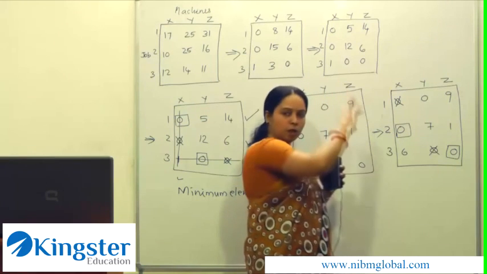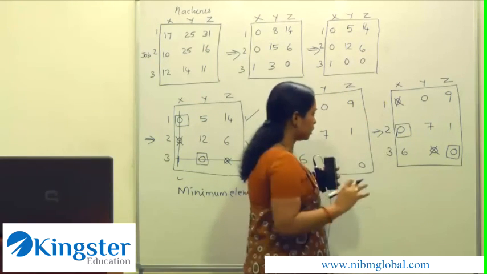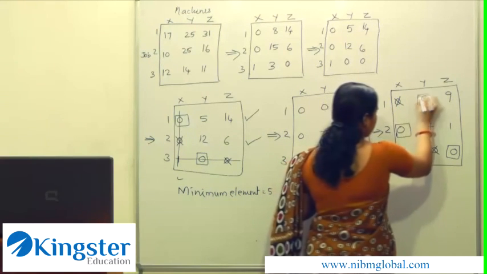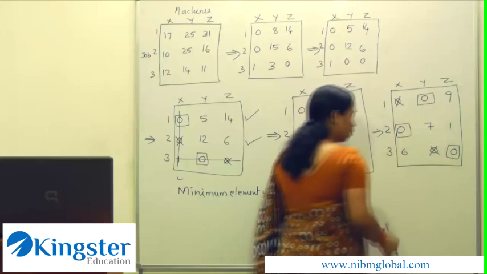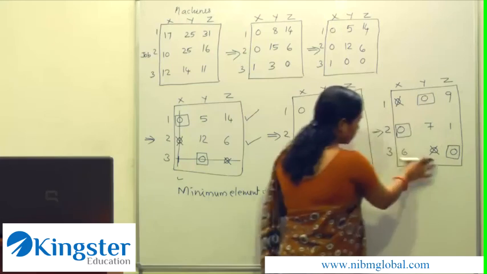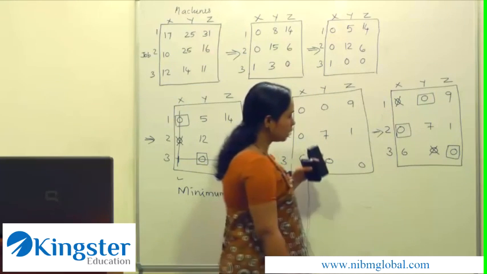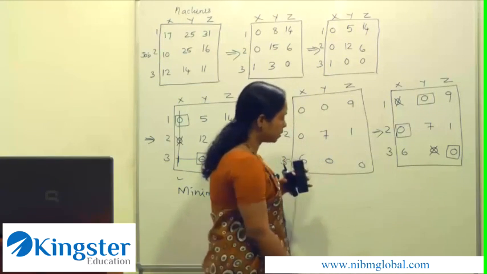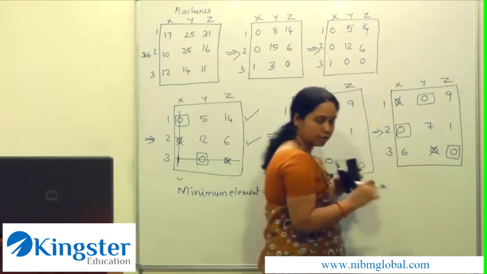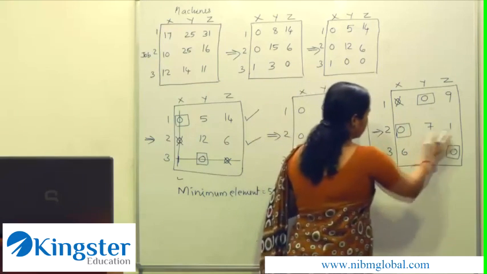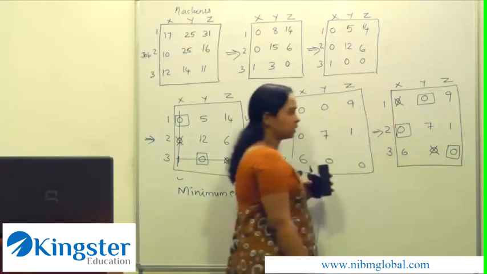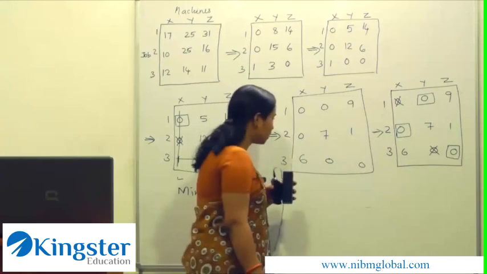Now again we move on to the row wise assignment procedure. Move to the first row. We have a single 0 here. So we can give an assignment here. Now consider the column. The 0 is already crossed out. Now we have no zeros left in this table. All the zeros are either crossed out or an assignment is made. Now verify whether each column and each row contains a single assignment. All the rows have a single assignment. All the columns also have a single assignment. So a maximum assignment is made.